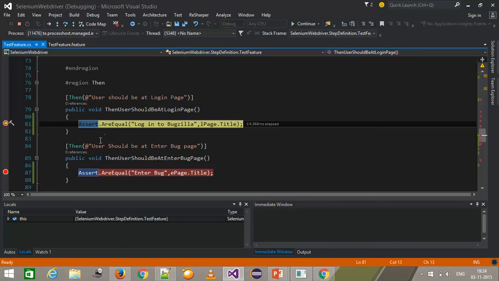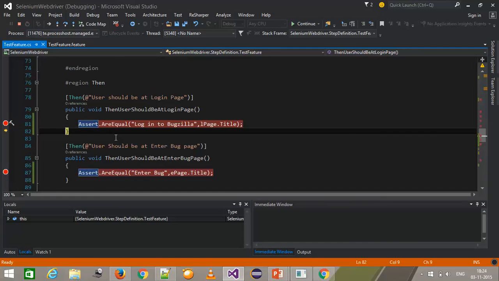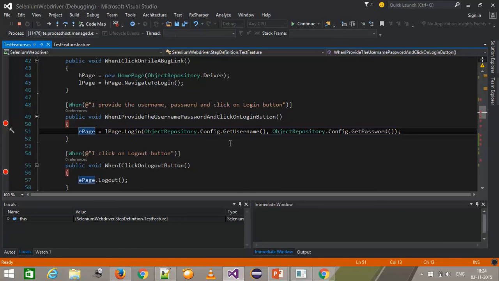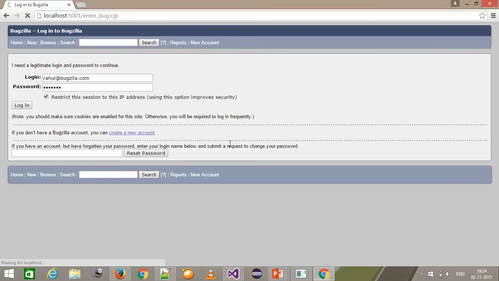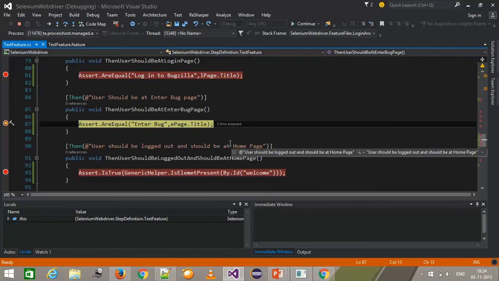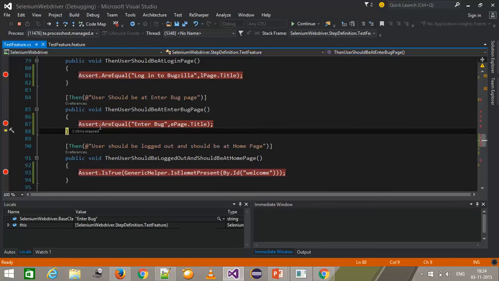Okay, so we had hit the assert, and here it is going to compare the expected title with the actual title. So here the condition returns as true, that's why it is passed. Similarly, I will provide the username and password and click on login button. And after that, again I will assert for enter bug page. So again the assert is passed,